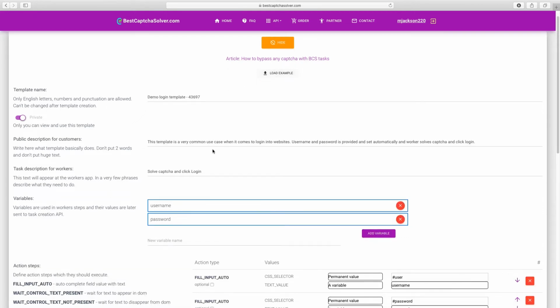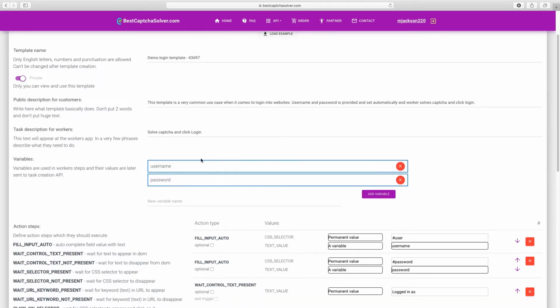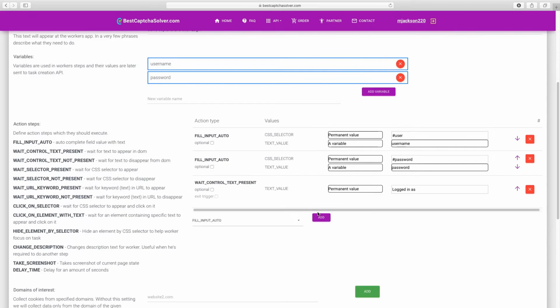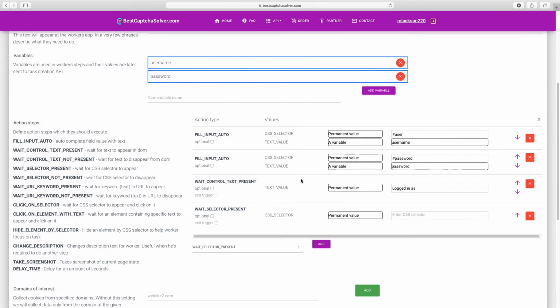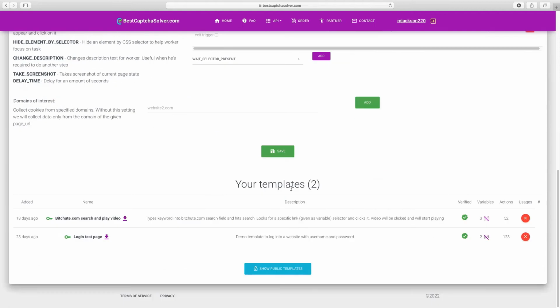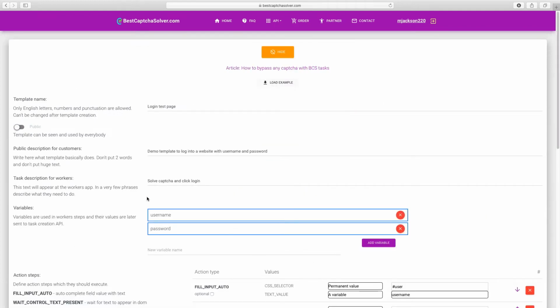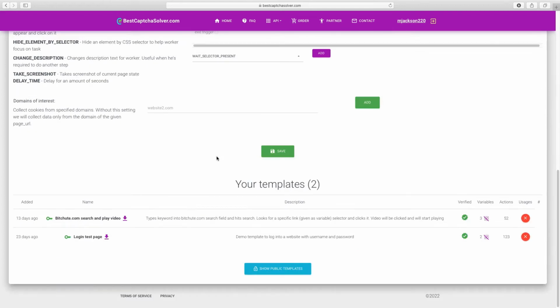So it has a name, description for customers, description for workers, variables, and the actions. And basically you can add actions like this and create your mini app, so to speak. Here for your own templates, you will see them over here,